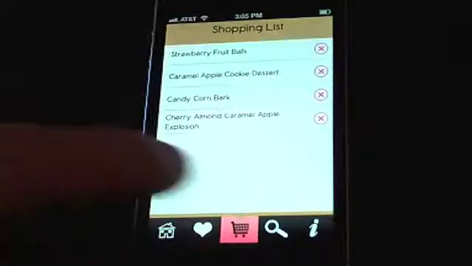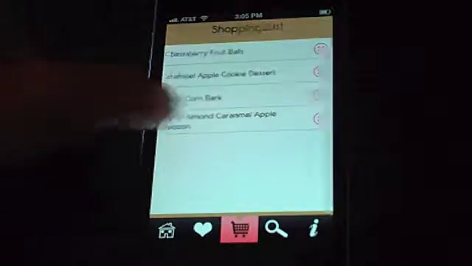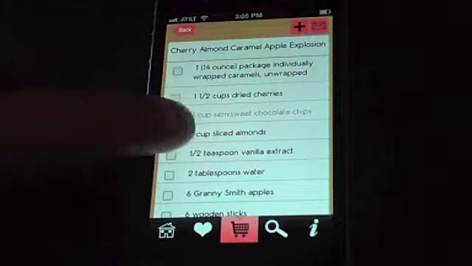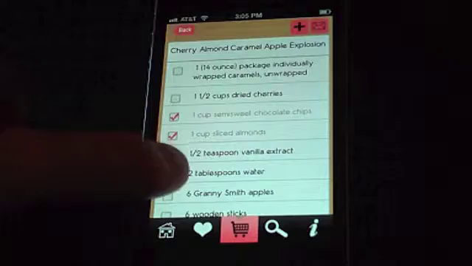Next to that, you have your shopping list. It's adequate in that you have one in this app. You can check things off as you are finding the item, whether in your kitchen or at the store. One of the things that it does not do is combine multiple recipes. So if two recipes call for sugar, you're going to have to check it off on both recipe shopping lists. The other thing that this does not do is